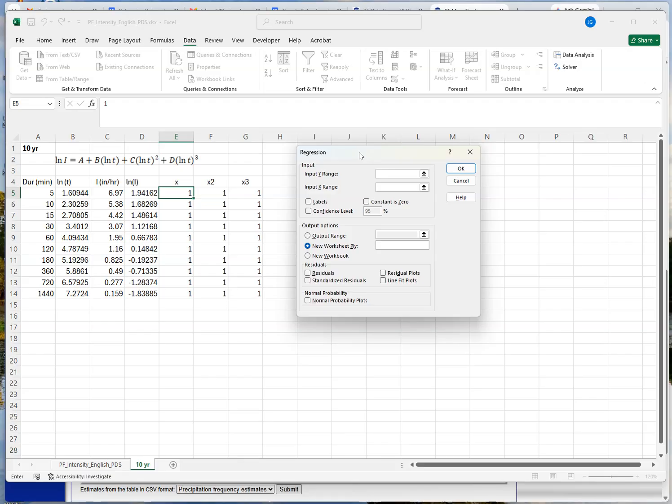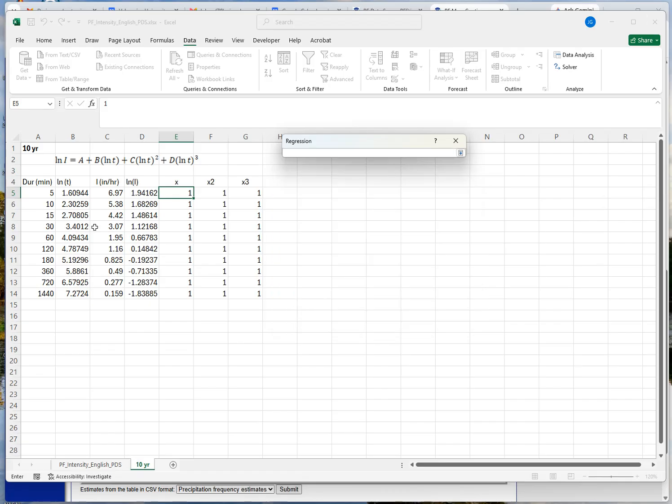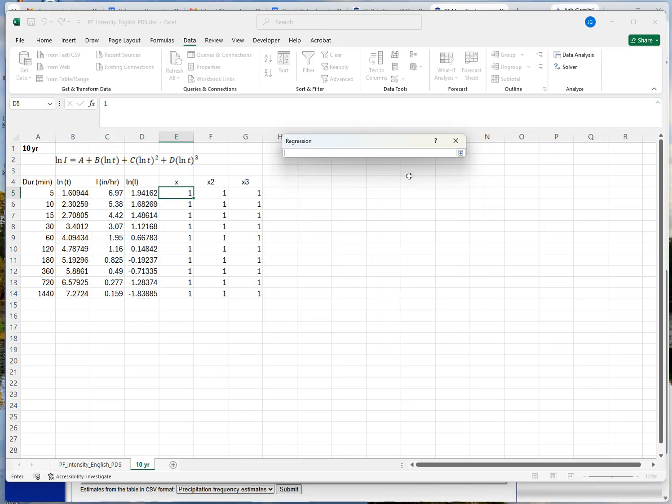Now regression is saying, to get some Y value, some output, what do I need to change to get there? My Y output is my log of my intensity. This is the Y side of the equation. So there's my log of my intensities. And what can I change to get those numbers? Well, I'm going to change all of these values